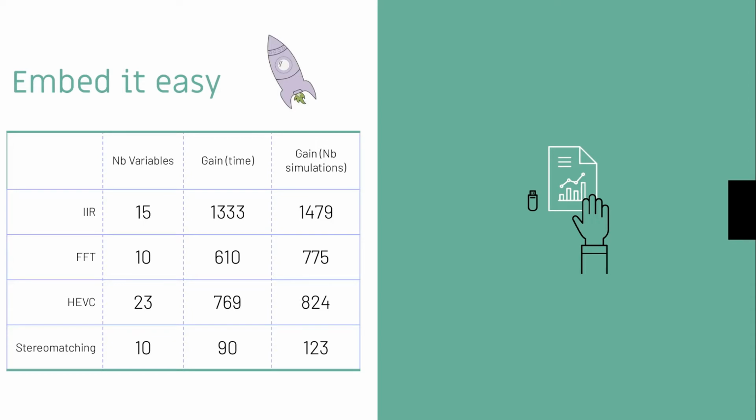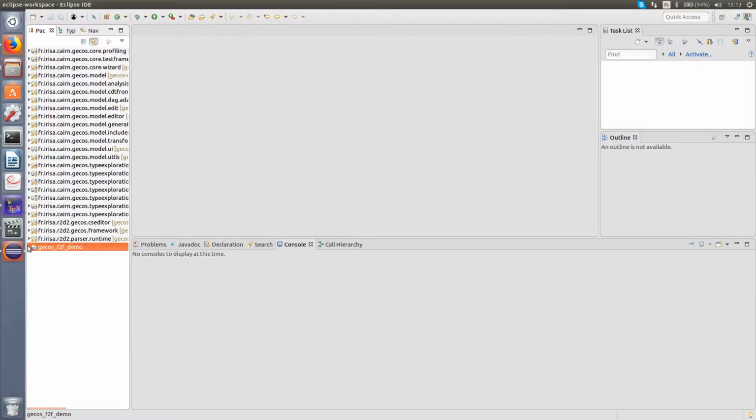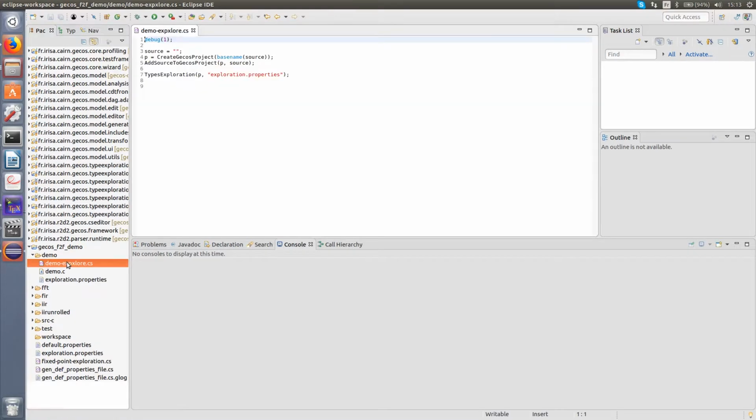Now, let's have a look at the tool. Here, you can see all your benchmarks that you want to explore in the different folders. We will be in the demo folder where you have three important files: a compiler script that indicates the C file where the function you want to convert is,